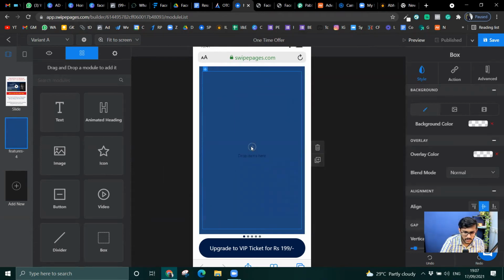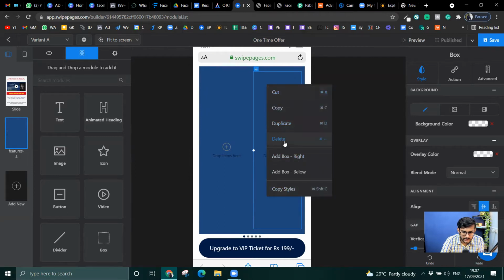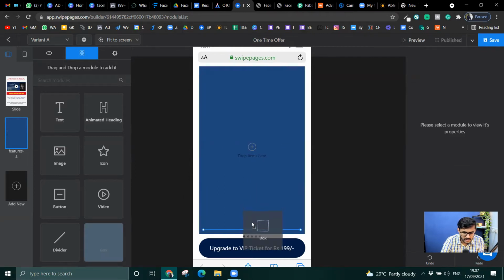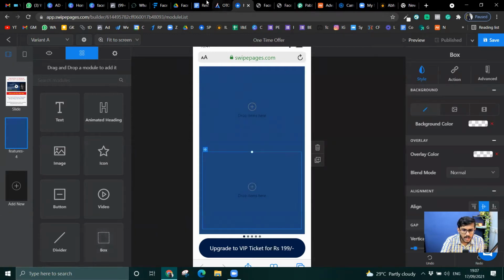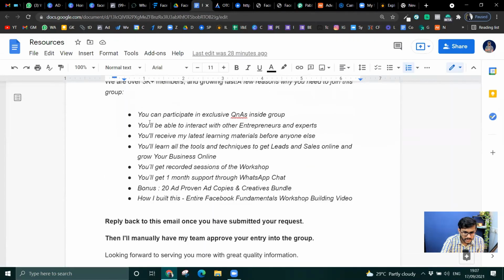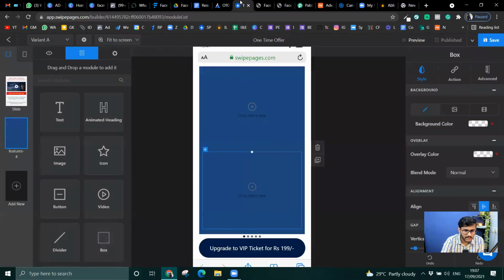Now I can add whatever I want to. I want to add more boxes on the right and left, but no, I don't want to add boxes on the right and left because it clutters things a little bit. So I just keep adding. How many points do I have? I have a lot of them. I remember: one, two, three, four, five, six, seven. Seven, not really eight. So I need seven of them.